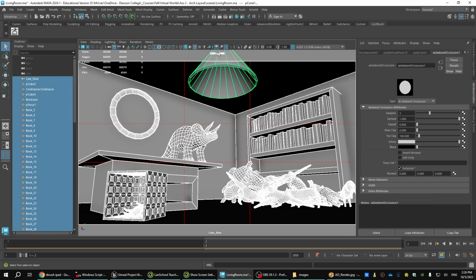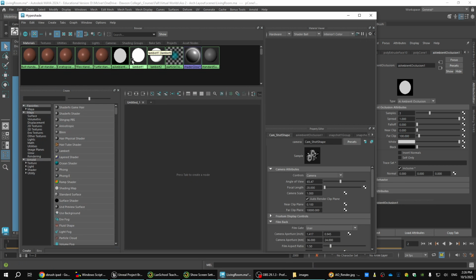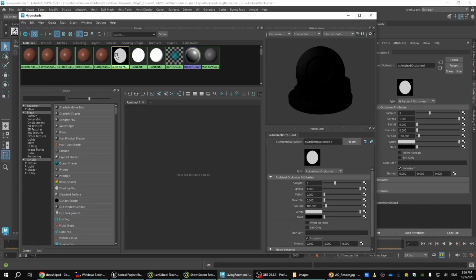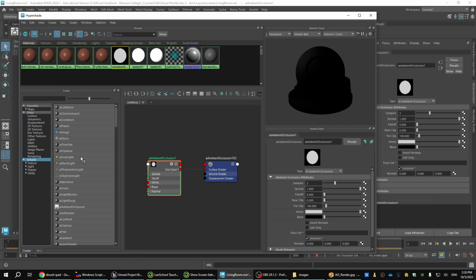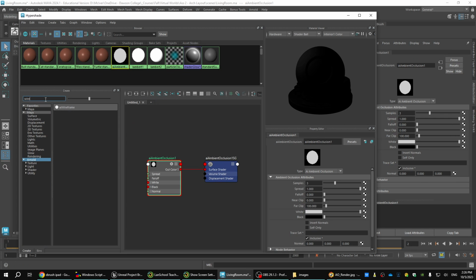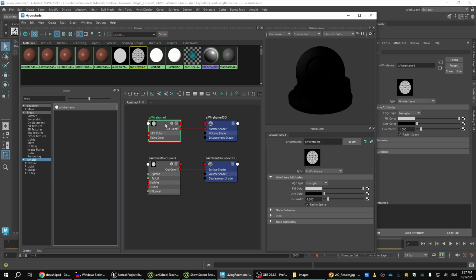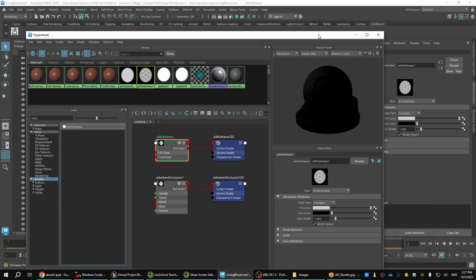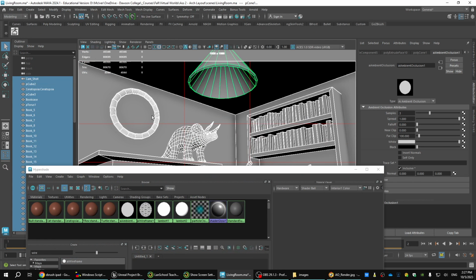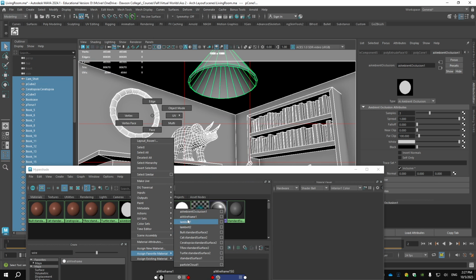Final step here, just to talk about the wireframe version with Arnold, is I usually will simply go into Hypershade. In Hypershade, you can select your material. So I'm going to select the aiAmbientOcclusion and hit this. There's a key here called Input and Output Connections. If you click on that, it shows you the nodes that are connected to this that make up the material. Then I'm going to click on the Arnold category and type in wire. There is an aiWireframe material, and I'll show you what that looks like. So if I select everything here and say apply existing aiWireframe,